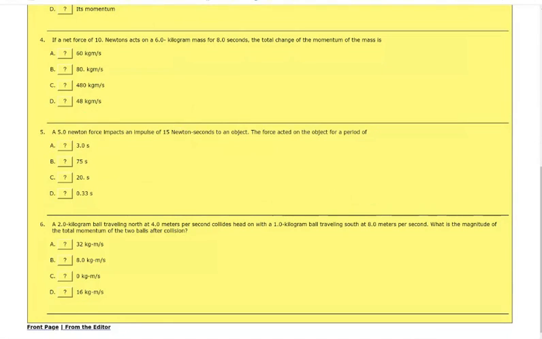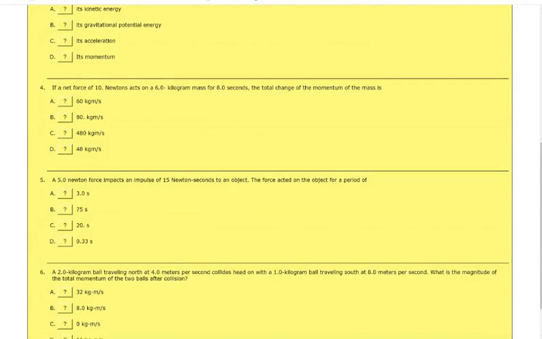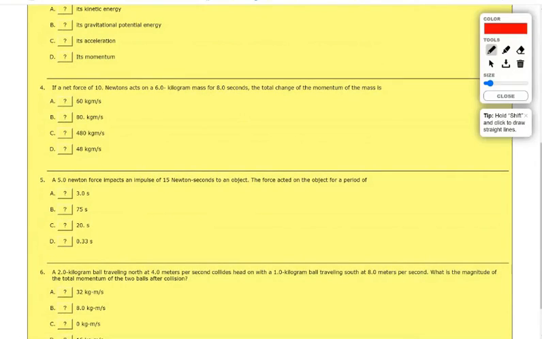Wait, why did you only use the 10 and the 8? Where did the 6 go in question 4? Oh, what a great question. I want you to get used to it. It doesn't happen a lot, but at times you simply don't use something. Don't let it throw you off. It never happened in chemistry, but it happens in physics because you're at the next level. I love that question. I got the T, and what's the change in momentum? So don't always feel like you've got to use everything.